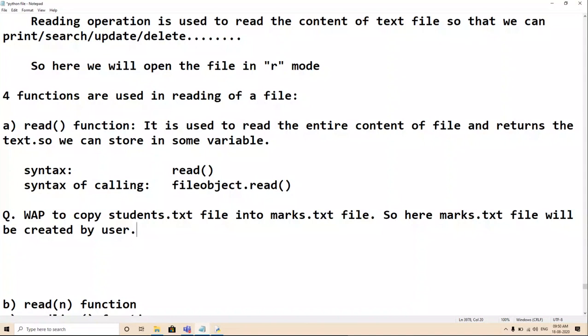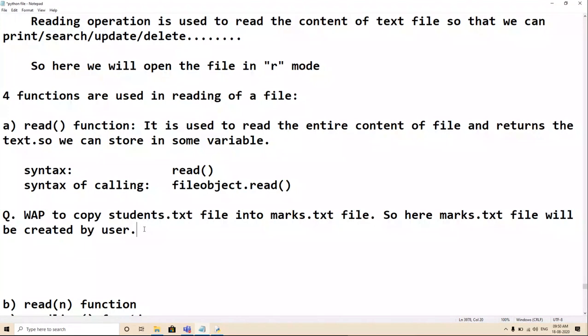So that means we need two files. One will be opened in write mode and one will be opened in read mode. It's simple. First of all, read the entire content of the students.txt file and then write into the marks.txt file. That's it. Read and then write. So we have to use two functions.